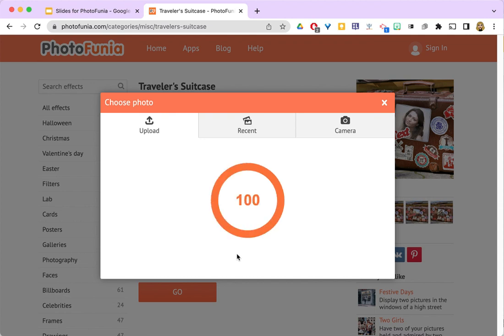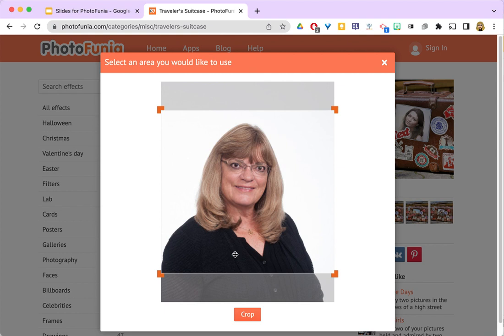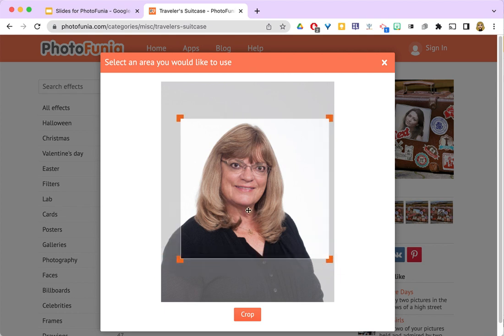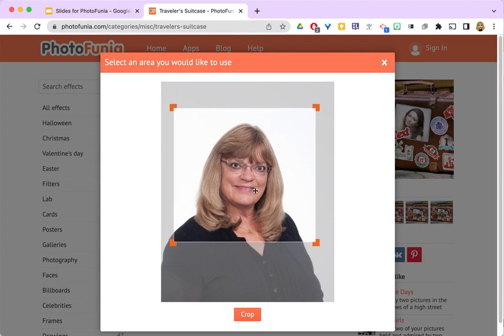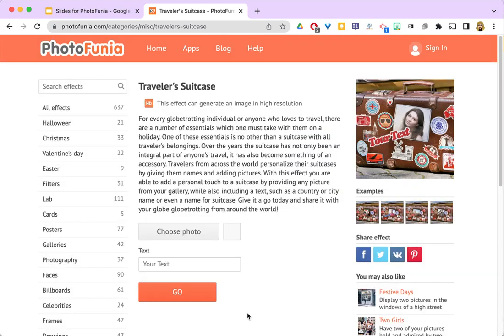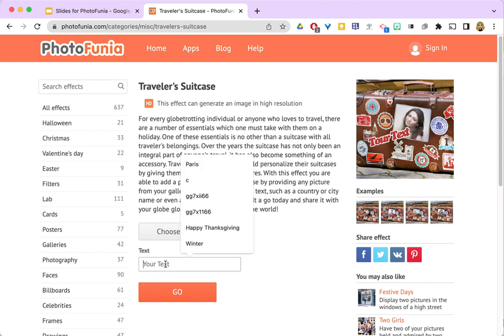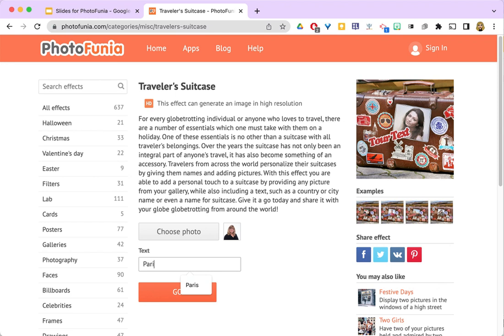Once the photo is uploaded, you are offered a chance to crop the image within the parameters that are needed for the photo on the effect you chose. So you can drag this around and you can slide the handles to make it larger or smaller. And when you're satisfied, click crop. Now you see a little thumbnail there, but here's the text, and this is going to go right here where the tour text is. So I'm going to go to Paris,